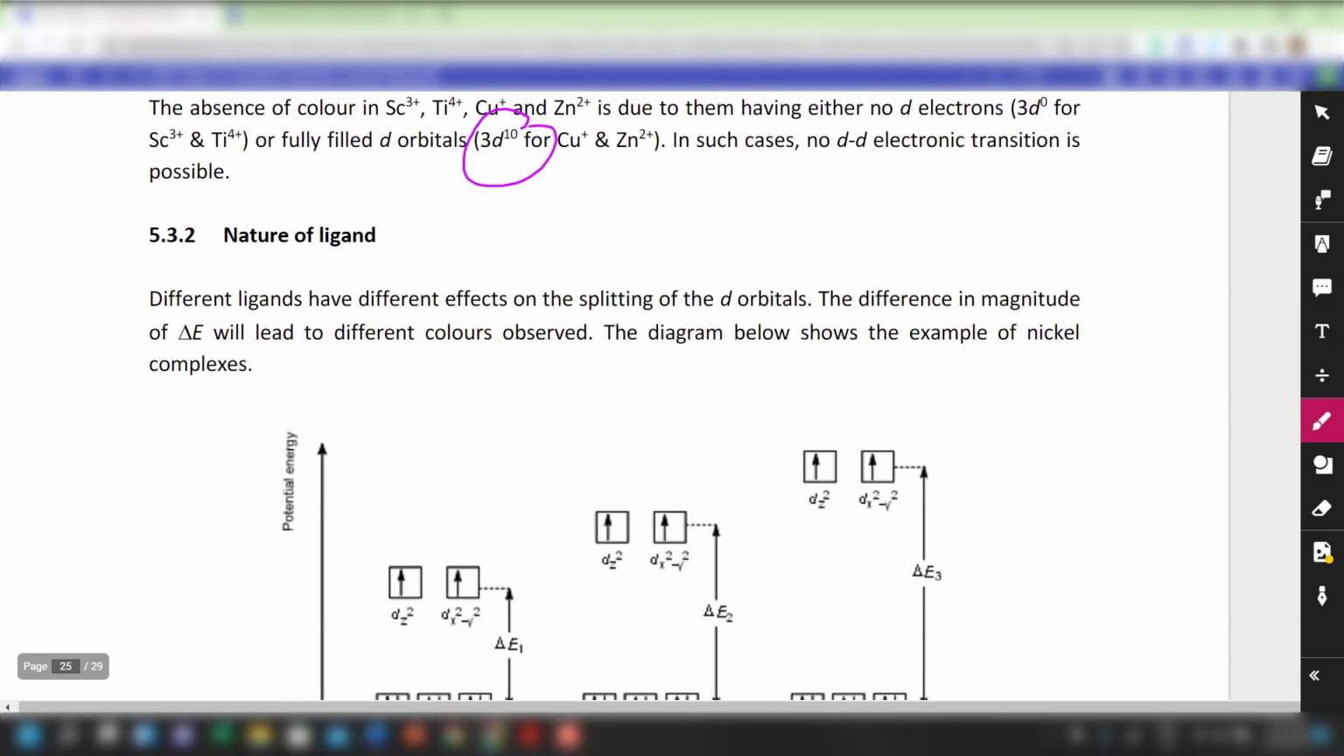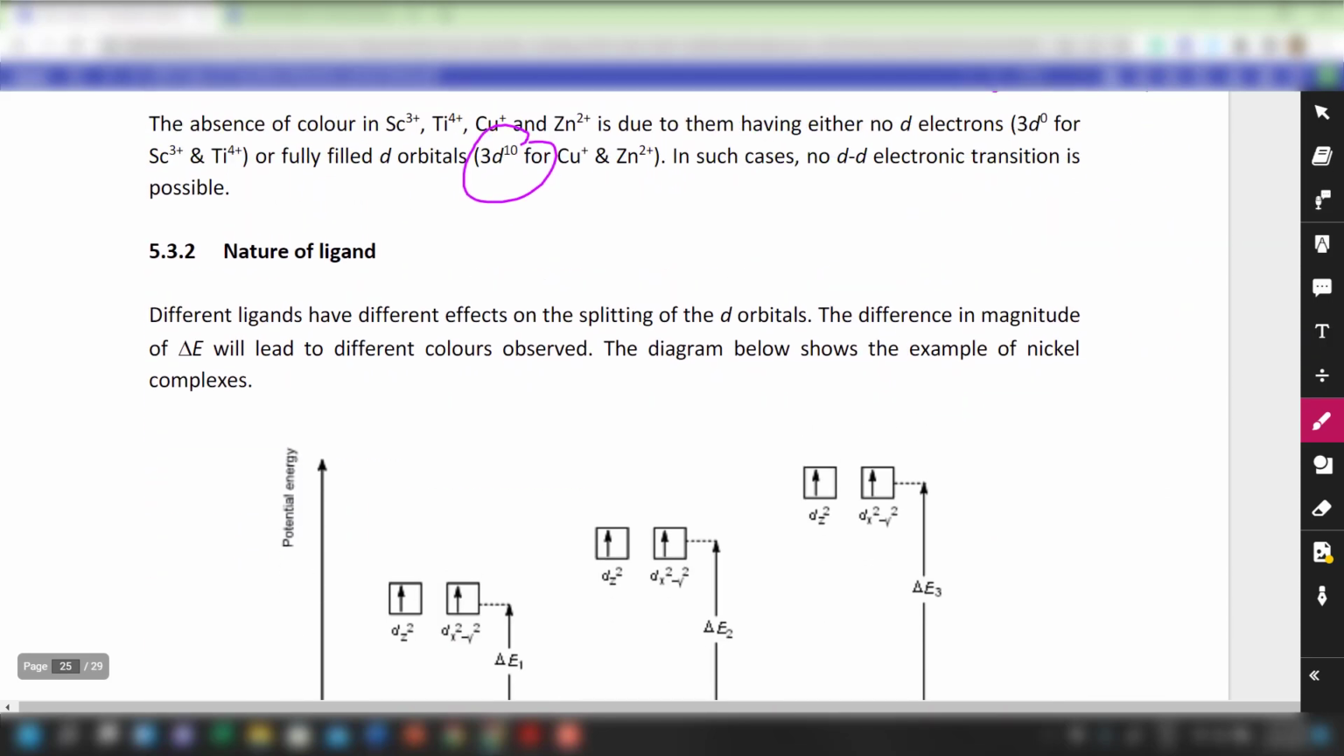Okay, but one of the misconceptions students have is that d0 and d10 metal ions are not colored. The answer is no. For example, potassium permanganate, MnO4 minus, and potassium dichromate,